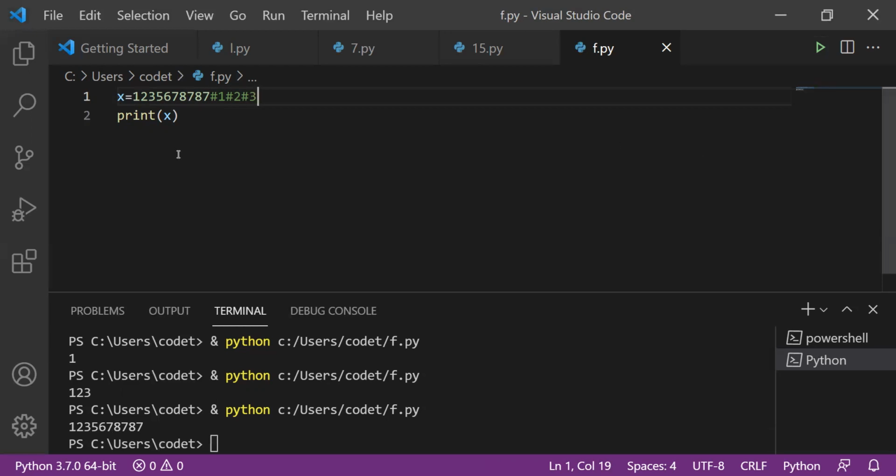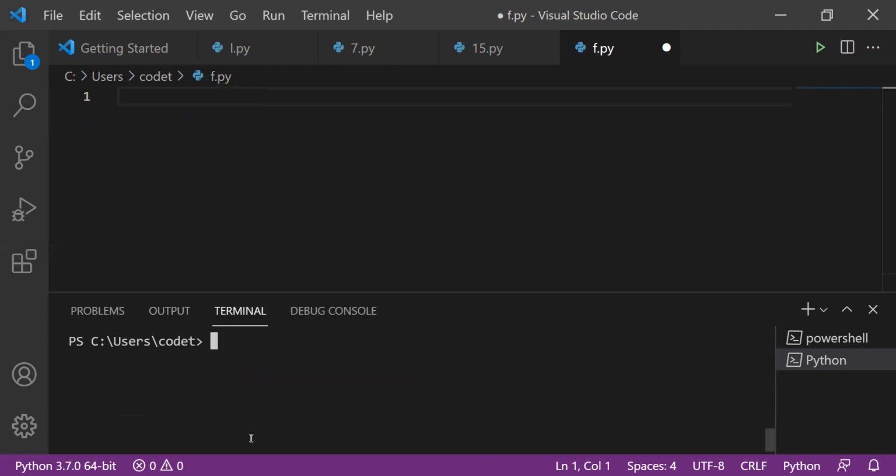Okay, so hash is used for comments. You can comment all these numbers also, but still it will take the value as a variable. Okay, it does not take these values which you mentioned after the hash. The rest everything it will take as a value simply. Okay, so don't get confused. These are the miscellaneous questions which are very, very important. Even if you are good at basics also, this may make you confused.